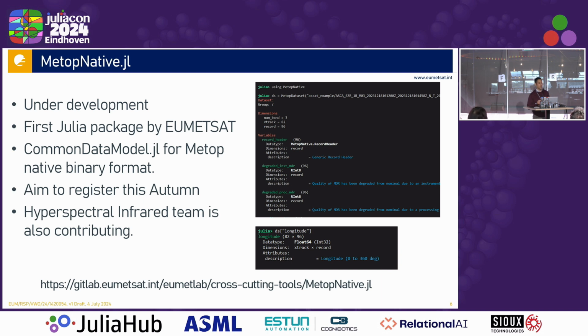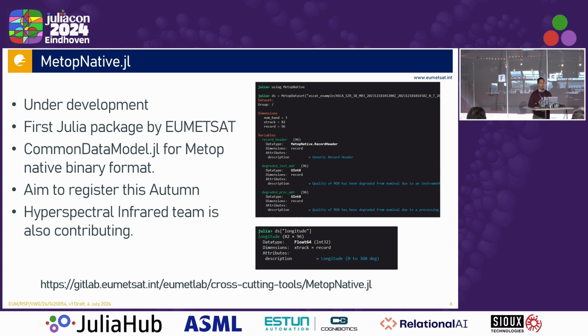I aim to register this autumn, but it's still quite new, so it only works for my sensor right now, ASCAT, which is the scatterometer. But I also get help from the hyperspectral infrared team. They have a sensor on the MedUp satellite, and they are the other team at EUMETSAT which uses Julia. So it's really nice that they are also contributing.